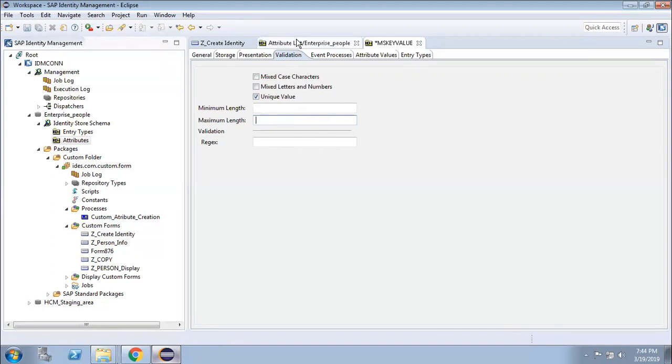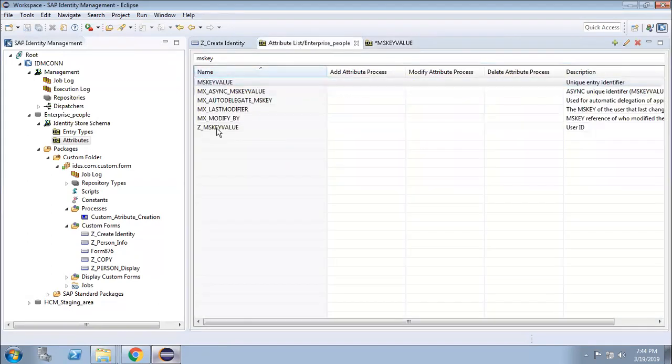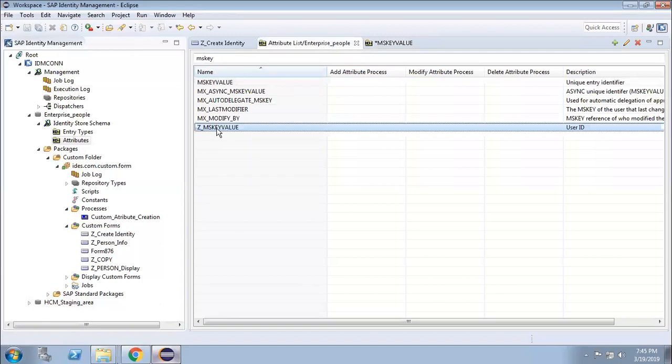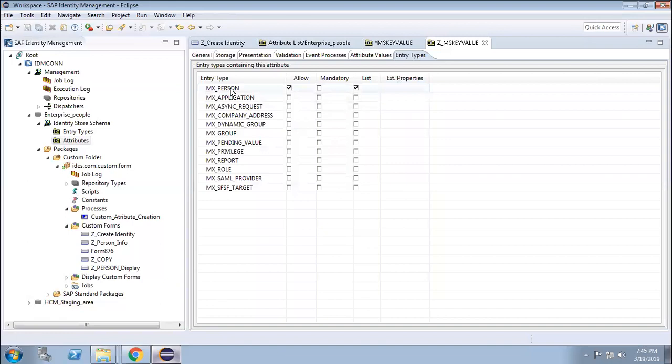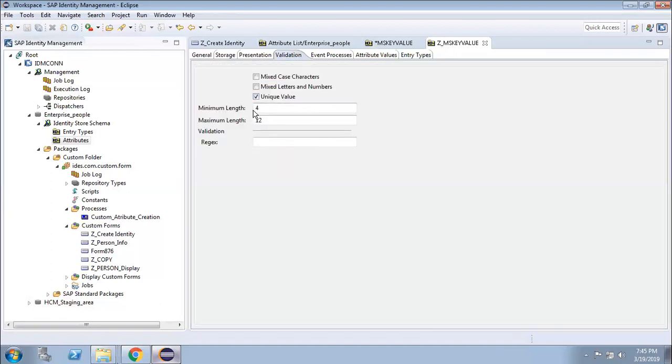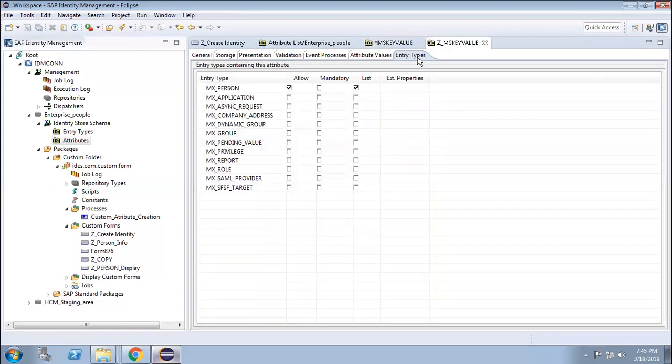As an alternative, we can create one custom attribute, and that custom attribute I link with only the MX person. In that custom attribute, I just copy the same thing from this MSK value. I added it only with the MX person, not anything else.